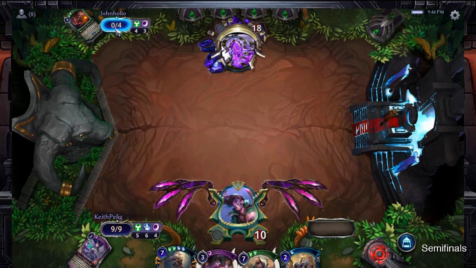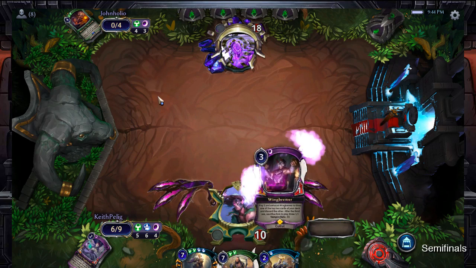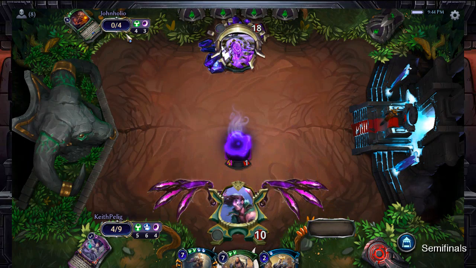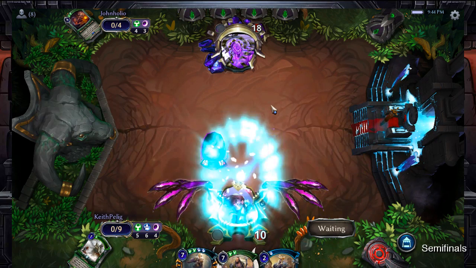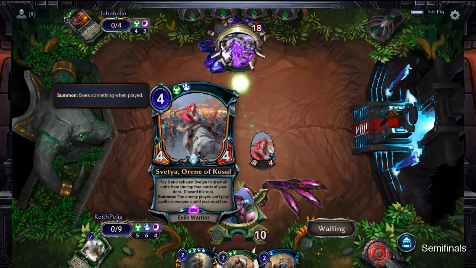Notably, John is still stuck on 4 power. So after this long game with so many threats, John is still only at 4 power, whereas Keith is at a large 9. But going to play the Wing Brewer now. He's going to be able to draw some cards and then play a Svetya. Going to stop